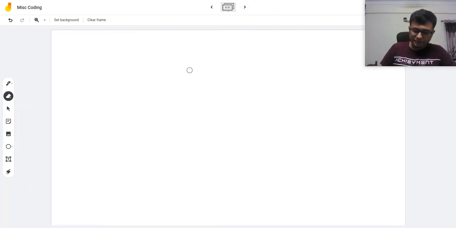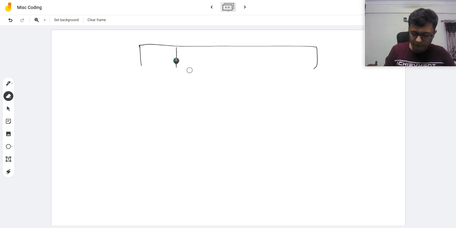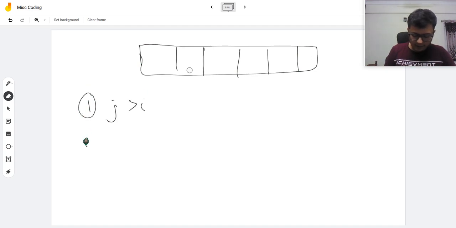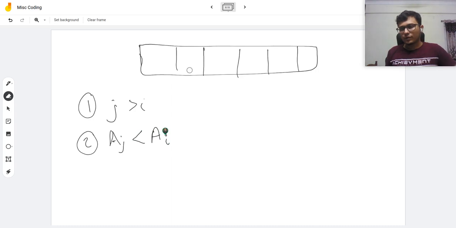Now let us try to brainstorm around the solution part. For the solution, we can apply a brute force algorithm. In the brute force algorithm, what we can do is simple. Since we have these two conditions, j should be greater than i, and second, a of j should be less than a of i. We can start from the rightmost element.